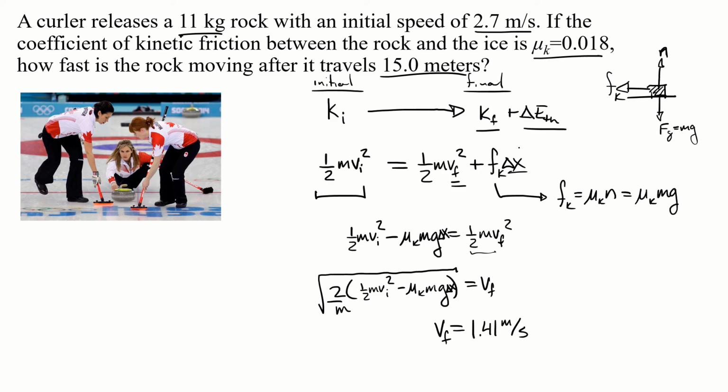So again, we could have solved this using Newton's second law and kinematics, but it's useful to see how we can solve it in terms of energy. We're essentially keeping track of where the energy is in our system. We start with kinetic energy. Some of it's converted into thermal energy because of the dissipative force of friction. Some of it remains as kinetic energy. We know how to calculate those things. So we know the initial kinetic energy. We know how much thermal energy was created due to that dissipative force. We can solve for the remaining kinetic energy. And that's what we've done.